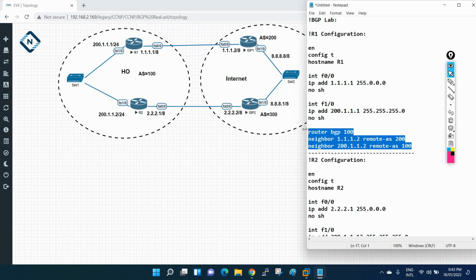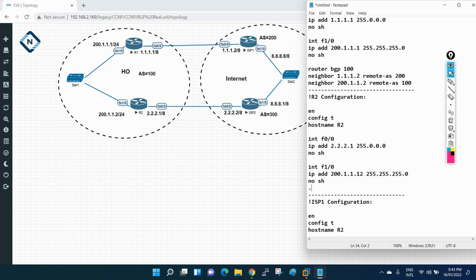Okay, so I will copy the same configuration and go to R2 and paste it here. R2 has AS 100, so this remains the same. Now the neighbors are this one and this one. Neighbor is 2.2.2.2, so let me change it here. I am standing here, and this is my neighbor 2.2.2.2. Remote AS is 300 for this one, so I will make this 300. Another neighbor is 200.1.1.1, so I will make this 1, and remote AS is 100 because both have the same AS. So this BGP is finished for this one.